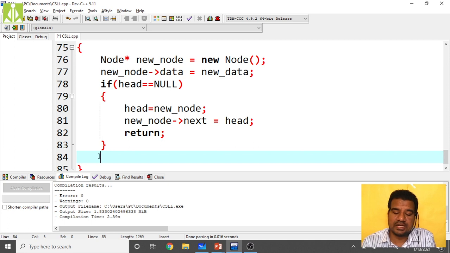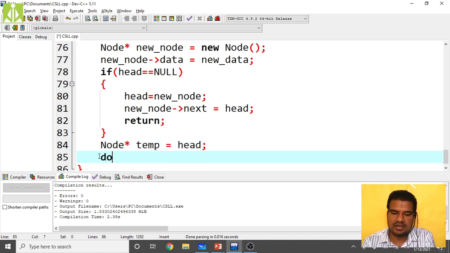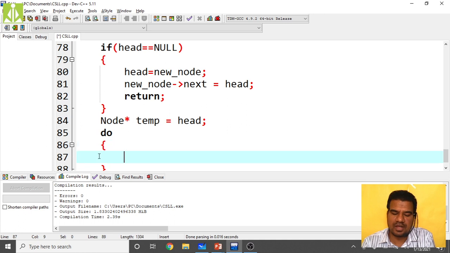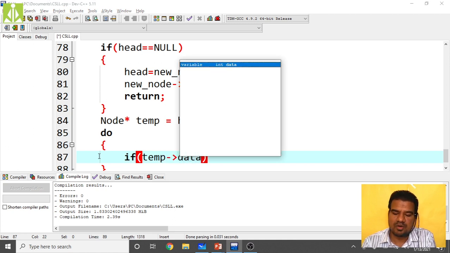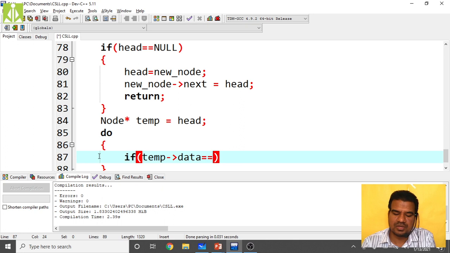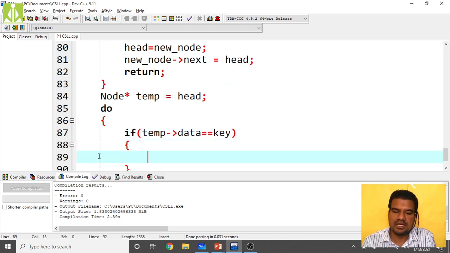If your singly linked list is not empty, then create a pointer. Node star temp equals to head. We should start from head, then take a do while loop. Inside this loop, whenever you find your temp of data equals to key, then we have to make these corrections.